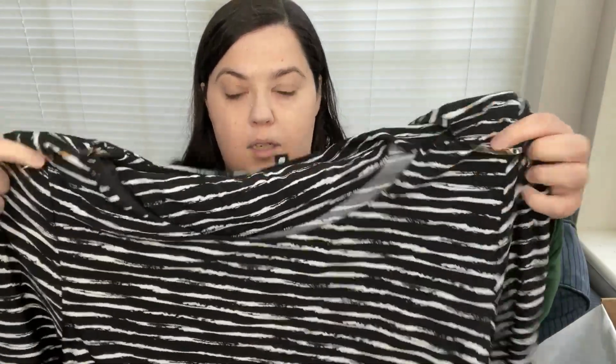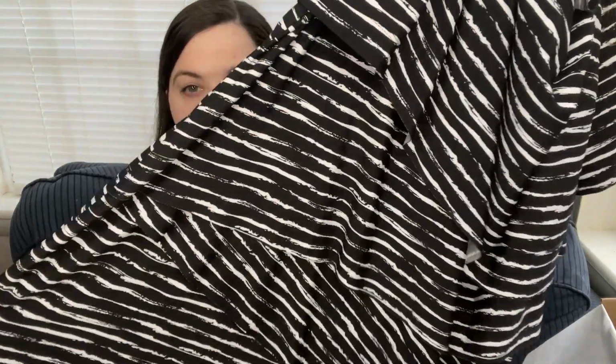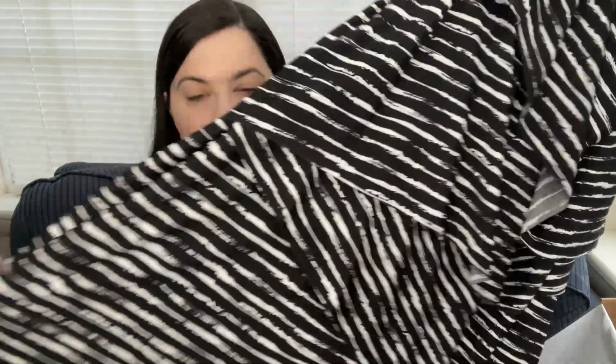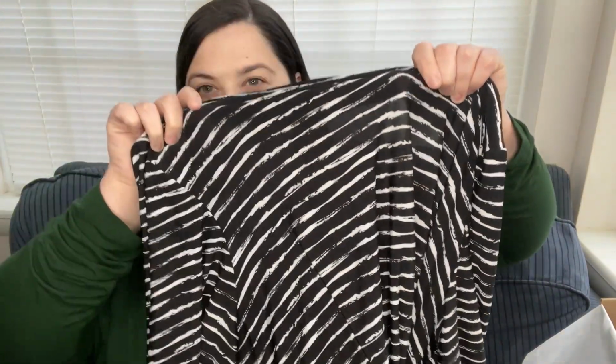Then I have this by Connected Apparel, and it's kind of hard to show, but it has layers, see that right there? They are structured throughout the dress, kind of like, I don't know how to say it, layers. I don't know what the material is. It's soft, but it's not fuzzy soft. It's kind of thin. I don't know if you can see through it or not, but